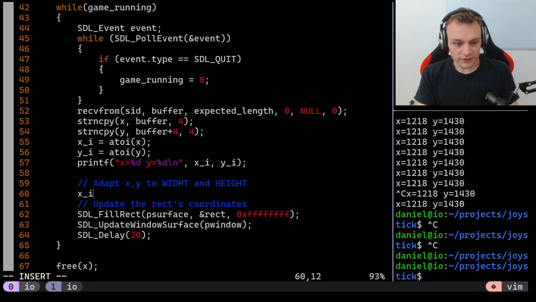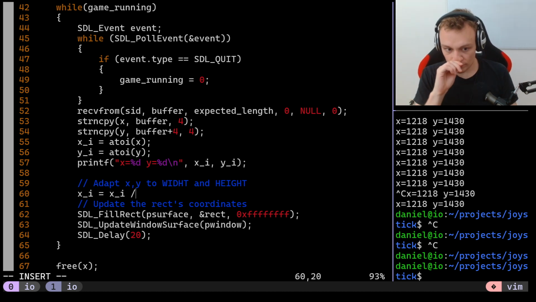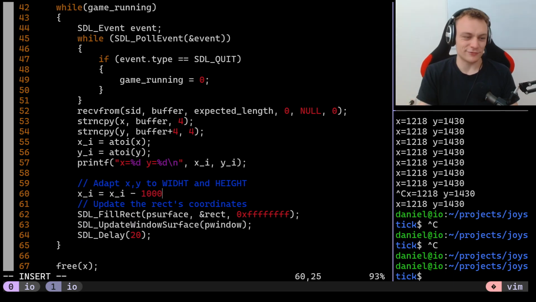So xi is equal to the original xi, but I want to reduce it by 1000 because for some reason this coordinate starts at 1000, so that is the minimum number. I want it to start at 0 and go up to 900, which is the width. So minus 1000, and then